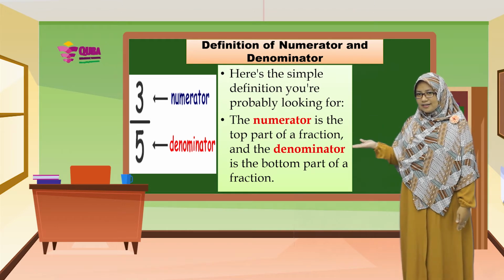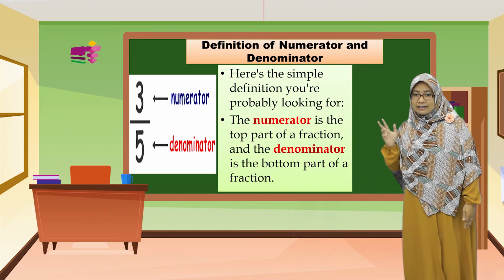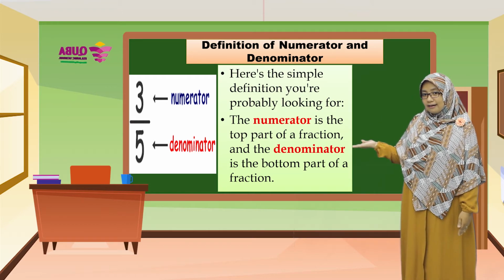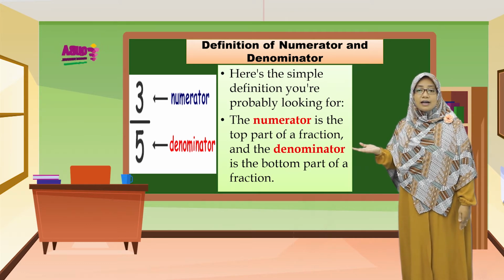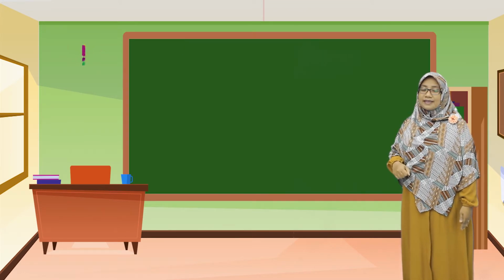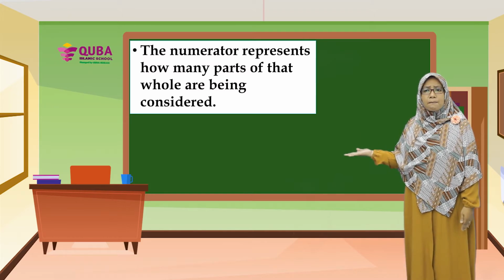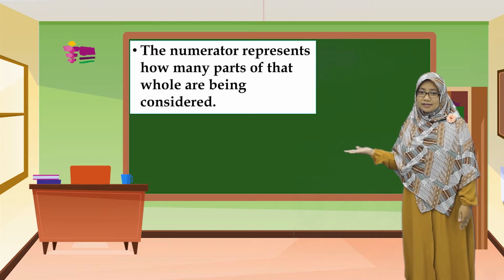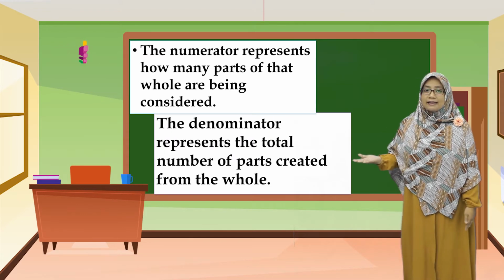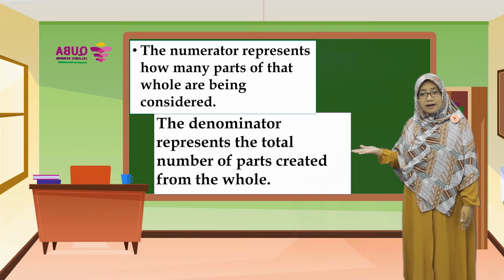The numerator is the top part of a fraction and the denominator is the bottom part of a fraction. The numerator represents how many parts of that whole are being considered, and the denominator represents the total number of parts